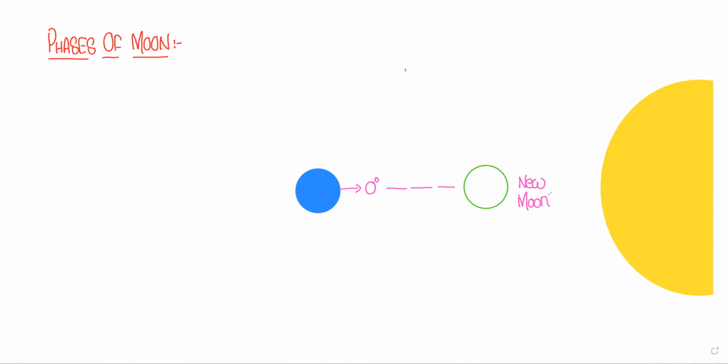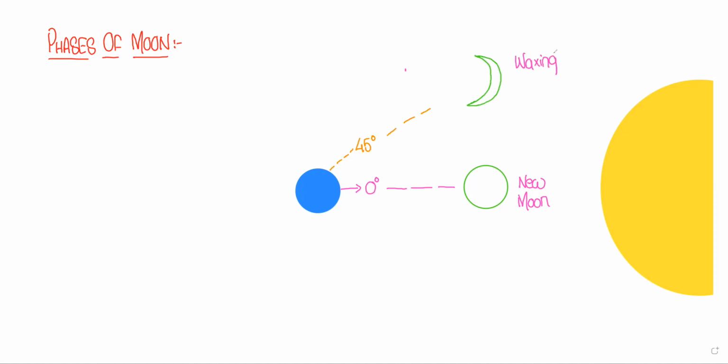Okay. The second phase is when we consider the second mode. The second one is between 0 and 90 degrees, that is, we can say around 45 degrees. So we have the second phase of the moon, and that second phase of the moon will look like this, and this is known as